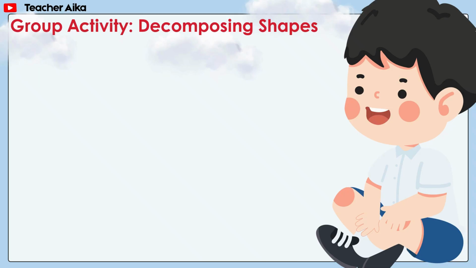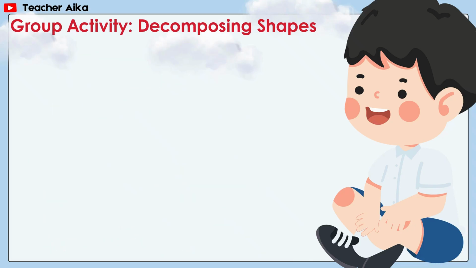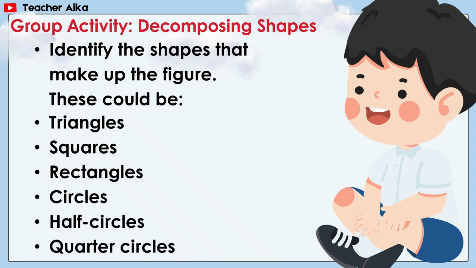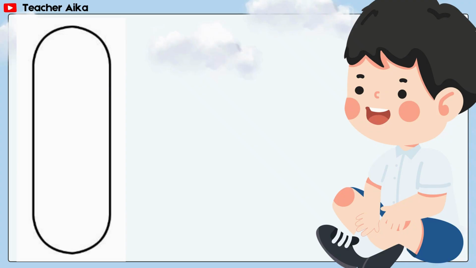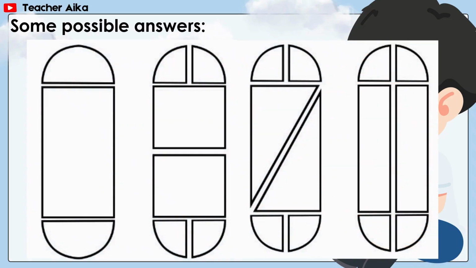Let's have a group activity. Decomposing shapes. Form groups. Work together with your teammates. Look at the figure I will give you. This figure is made up of several familiar shapes. Identify the shapes that make up the figure. This could be triangles, squares, rectangles, circles, half circles, and quarter circles. First, decompose the figure in two different ways by dividing it into familiar shapes. Some possible answers: